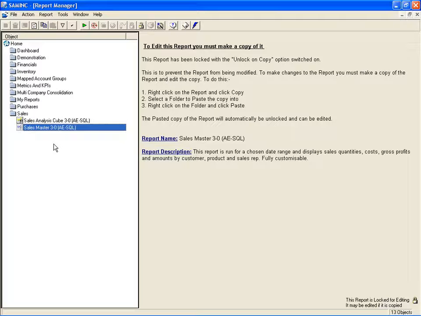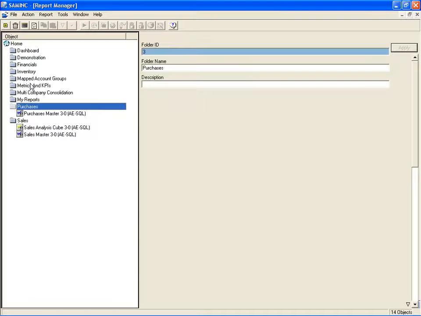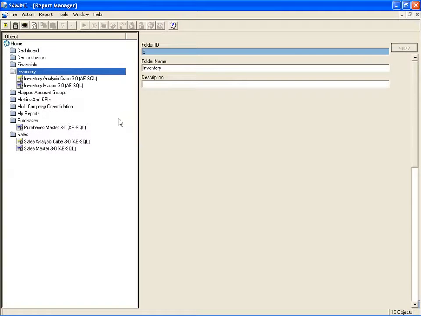But those are some of the things that you can do specifically with reports that are designed as pivot tables in Microsoft Excel. There's the Sales Master report, there's the Purchase Master report, there's the Inventory Master report, and those three reports are the key reports that are designed in pivot table format in Microsoft Excel. And that's it for editing the